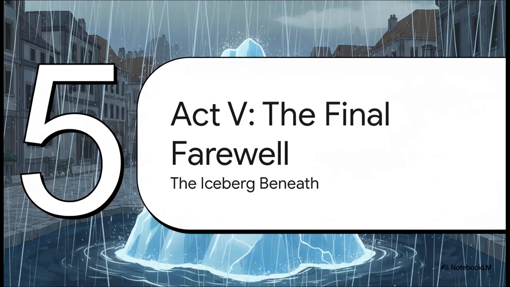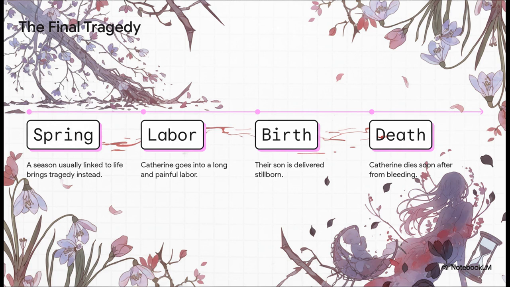But this is a Hemingway story, and here, the universe can be just as cruel as any war. And the rain, which has been a constant symbol of doom in the novel, well, it begins to fall. And the tragedy just unfolds with the same brutal, clinical speed as a battlefield casualty report. The irony is just crushing. It's spring, the season of new life, but it only brings death. Their son is stillborn. And then Catherine, his entire world, hemorrhages and dies.